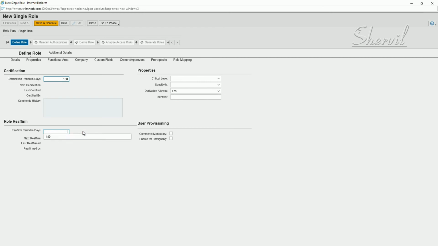So we know what these are by now. Recertification, user recertification, critical level, sensitivity. Now all of these attributes could be used with different role methodologies, okay, using MSMP and BRF plus rules.